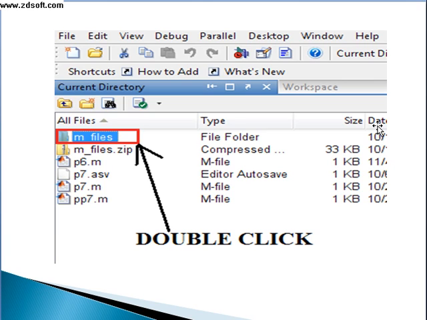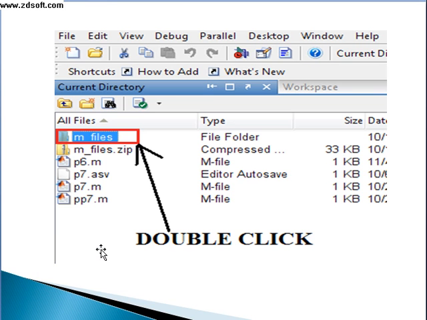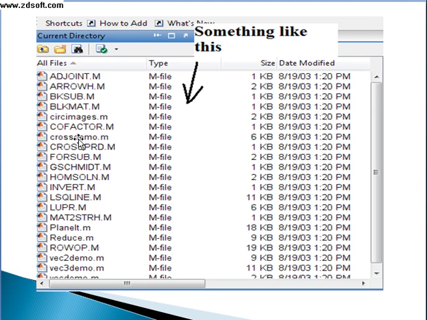See, here is the example and a screenshot of that. I was having an M file folder in my current directory and I want to use it. Then I will just go to this M file icon and double click it. After that I will get the list of the M files that this M file folder contains. So in this way I am getting the list,